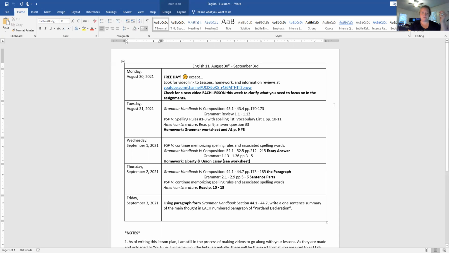Let's see, I'm trying to think what is next? So we talked about spelling rules, we talked about grammar, we talked about composition. All right, so pretty much all that's left is for you guys. You guys need to read page 9 of your American literature book. This is an